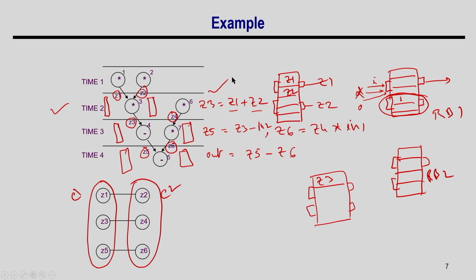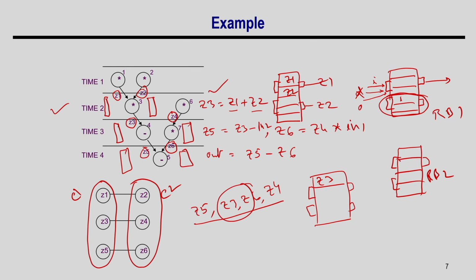In the second step, I am accessing Z5, Z3, Z6 and Z4, right, because there are 4 accesses happening. Let us assume that in1, in2 are inputs, so I am not considering them now. So, there are 4 accesses, right. I cannot map all these 4 values to the same bank, because then I cannot access them at the same time. Okay. So, I have to take any 2 and put them into one bank,